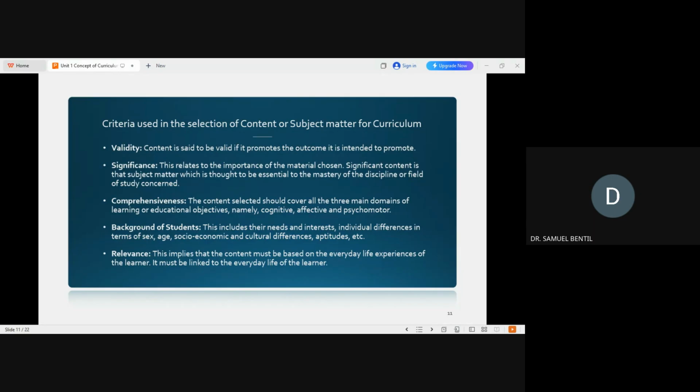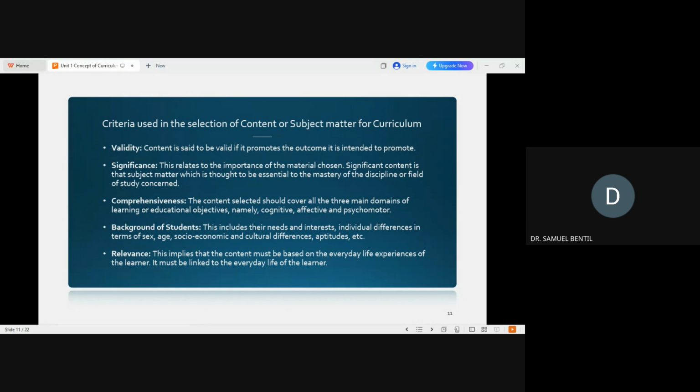So the principle criteria of validity. For example, these courses we are asking you to do, such as elements of human geography, earth science, geothought, curriculum studies in geography, methods of teaching geography, nature of geography. If these courses by the end enable you to teach geography effectively and efficiently in the senior high school, then we can say that the content selected for you was valid.